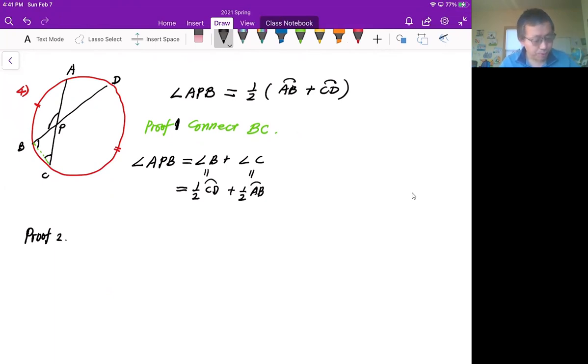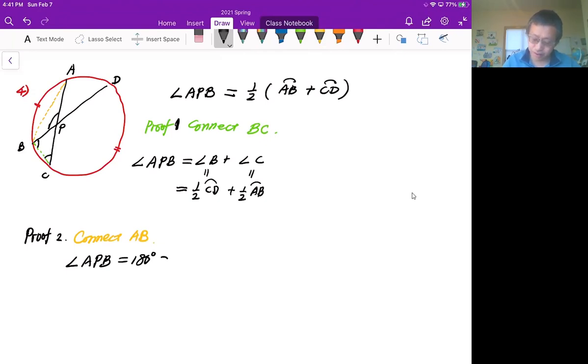Well, for proof two, let me connect a different side. So let me connect AB. So I'm going to work out the angle APB in a different way. I'm going to connect AB, right? Now, how do I get my angle APB? Well, certainly this is 180 degrees